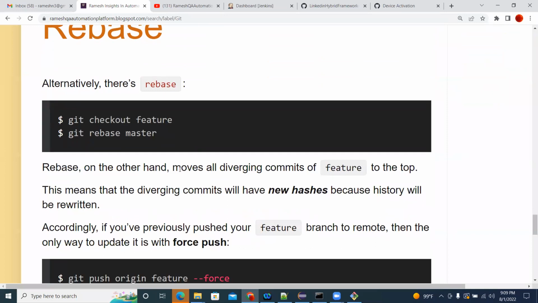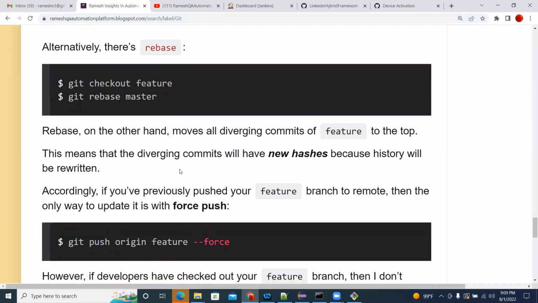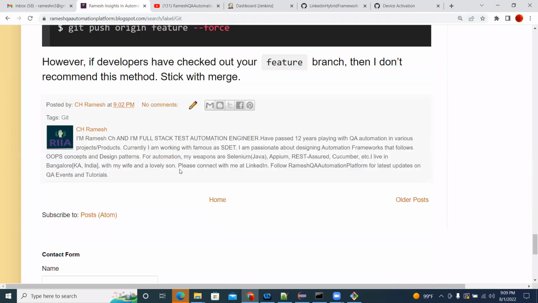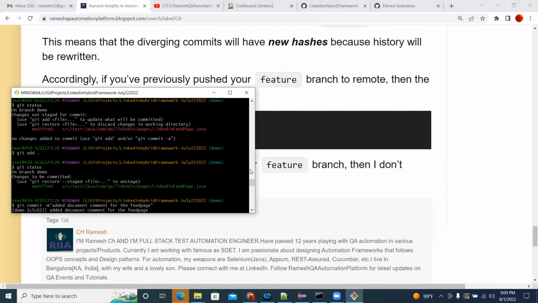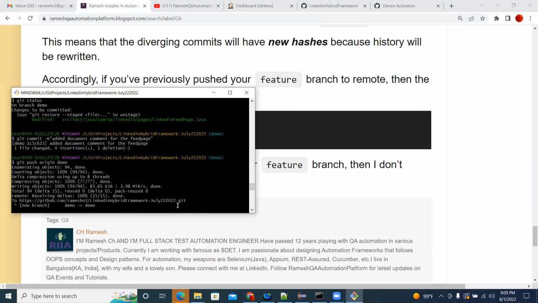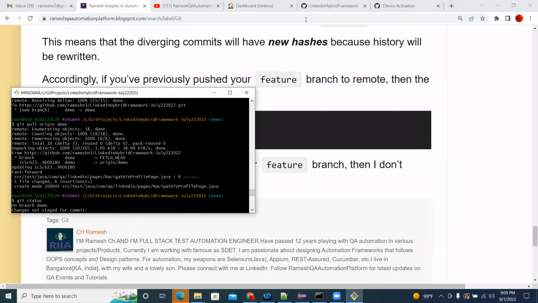Rebase is moving all the diverging commits of the feature to the top. Any changes there will be pushed to the feature branch. That is also one way you can use. So these are all the git commands, very useful for us. And with this, I have shown you how to clone and how to